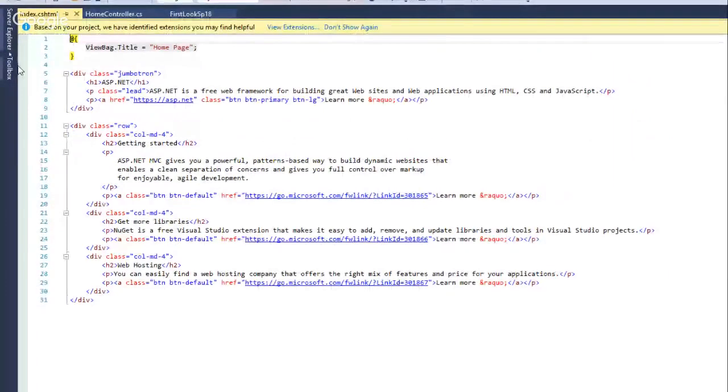Just show it real quickly and then we'll do it. Notice there's a view bag that gives a title. The class Jumbotron, that's a Bootstrap CSS class. It gives you a bunch of stuff, but you can undo most of this. In fact, later on, we will go through and get rid of a lot of that stuff because it's mostly there to show you